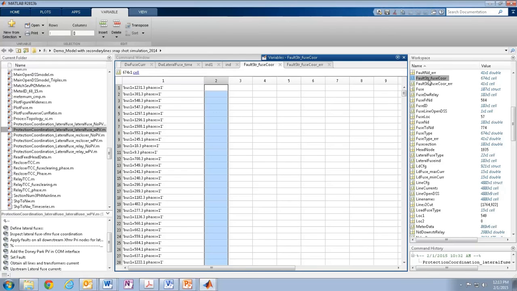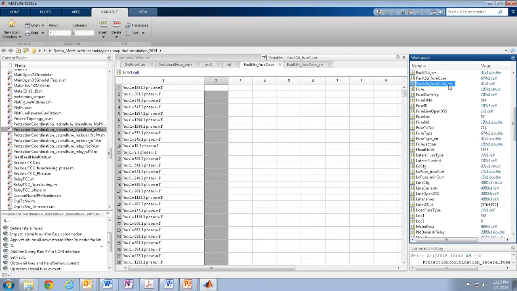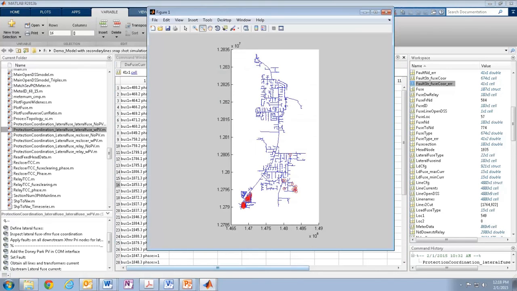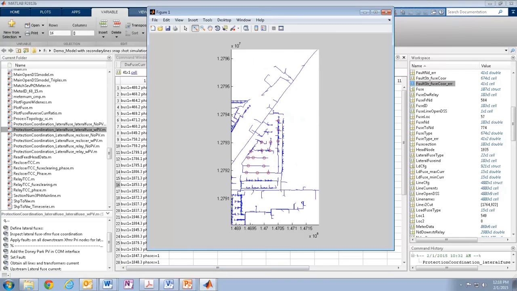And this entry, the fault STR fuse core, has all the fault cases that are applied, all 676 cases. The next entry, with error, shows only the fault cases that resulted in some miscoordination. So these are the 41 fault cases that resulted in miscoordination, with their corresponding node IDs and the phase in which the fault was applied. The script also gives the location of these miscoordination cases on the feeder diagram. These are the 41 cases in red circles which had the miscoordination, and we can zoom in on these regions to find out the exact location, so that we can make the required changes in the